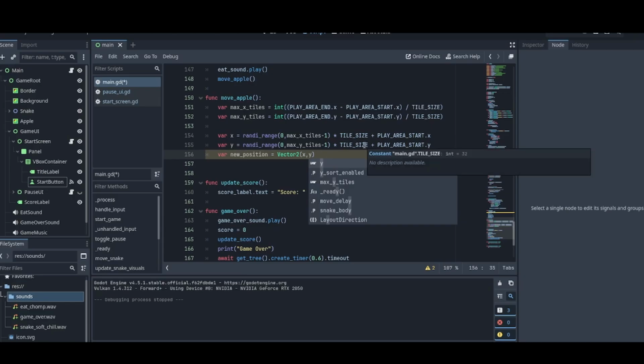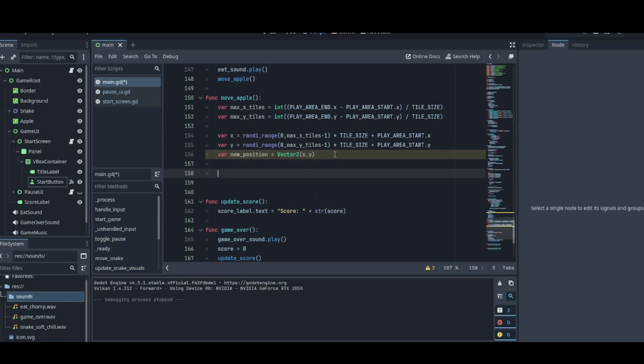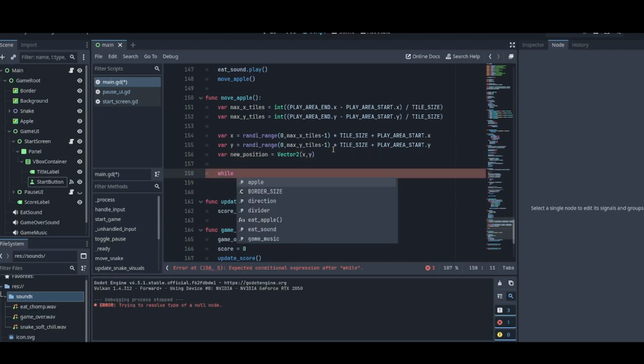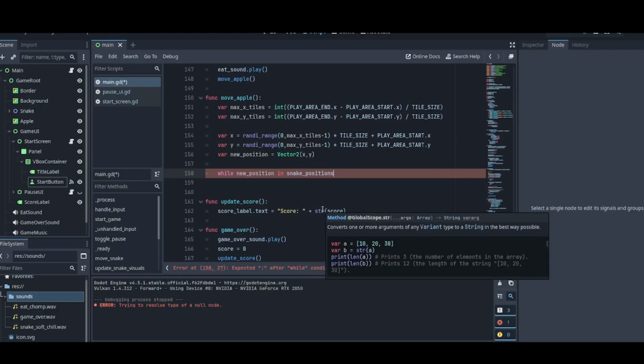Let's prevent apple from spawning on the snake. Now we make the apple never appear on the snake body. Let's write a loop: while new position in snake positions, then